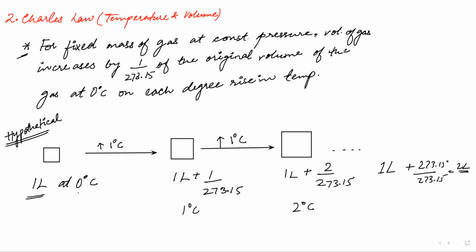Sir, finish. Done? Okay. Now let us look at the mathematical form. Sir, have you got this? This one, he asked, if we increase 273.15 degrees Celsius, then what will happen? Oh, okay.